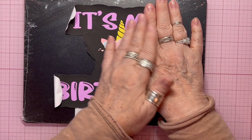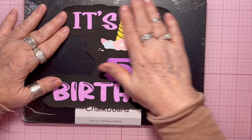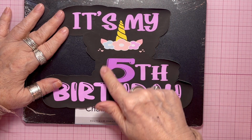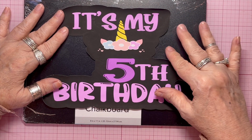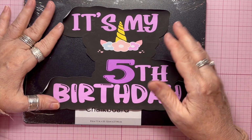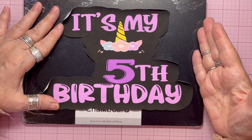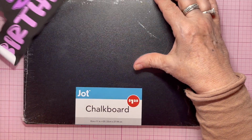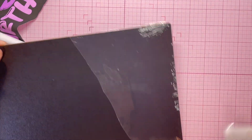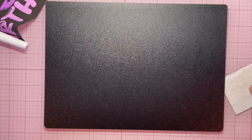So then we had a birthday for one of our clients' granddaughter, and I made her a sign that said, I think it said her name and then happy birthday. And so for Coral, I wanted to make it's my 5th birthday. And again, when we take pictures, she can hold it, and then we could all be around her, and then instantly you'll know that that's her 5th birthday. And this turns out really cute, especially if you do crazy Christmas pajamas. If I can figure out a way to hide all the faces, I'll show you guys. Okay, so